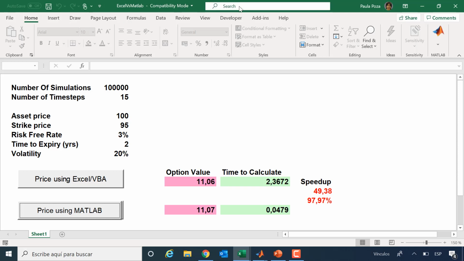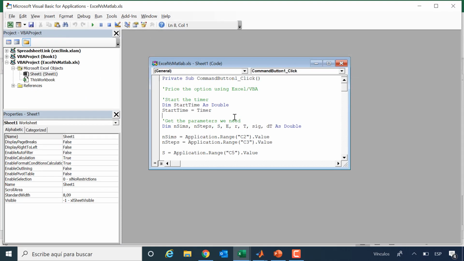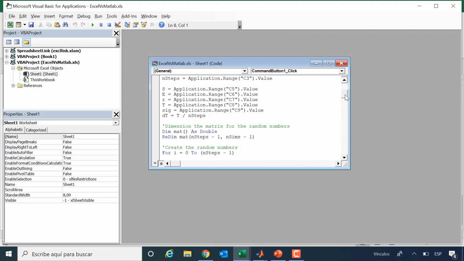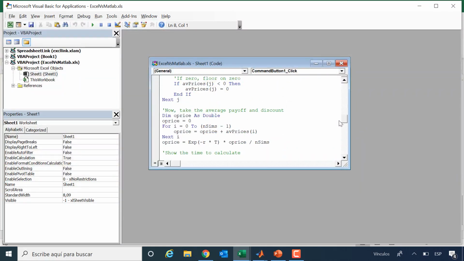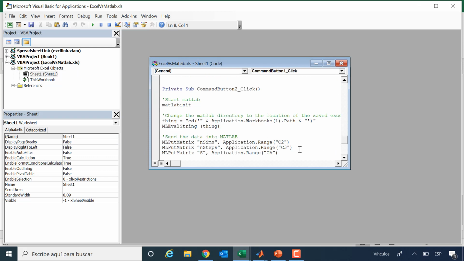And if we want to see how we program this here, you can see, one second, we find MATLAB instructions. There it is. Okay, so from here we would start MATLAB, so we don't have to go and start MATLAB. We can just start in a programmatic way. And then we say put matrix.